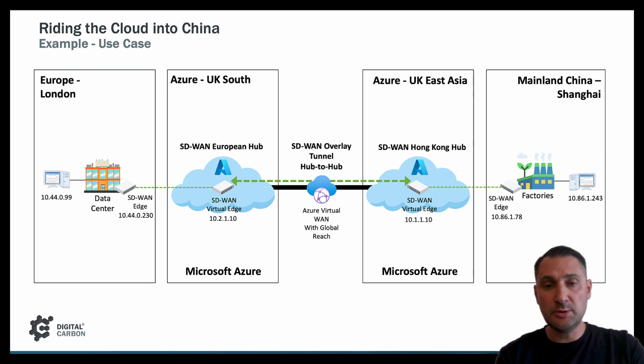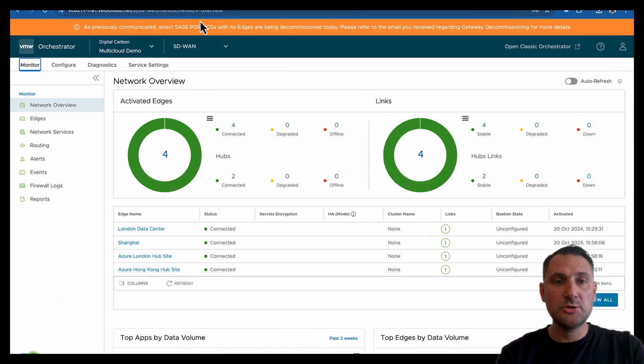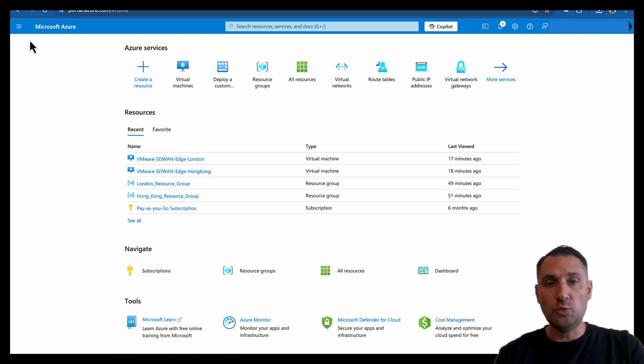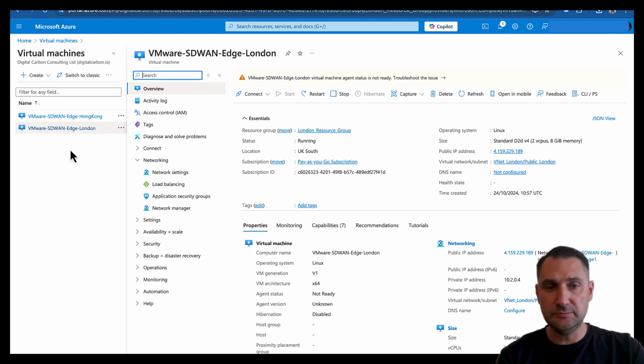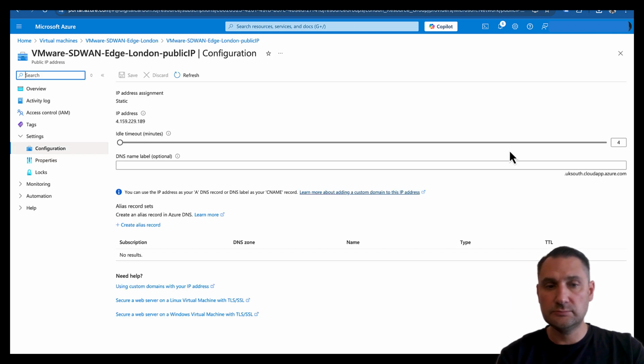How do we do this? Well, it's pretty simple. If we go back to our Microsoft Azure console, one thing which we need to double check, and it should be already configured from our custom templates. If we check our virtual edges, first we will double check our virtual edge in London. Make sure the public IP address which is being used, under the properties tab,